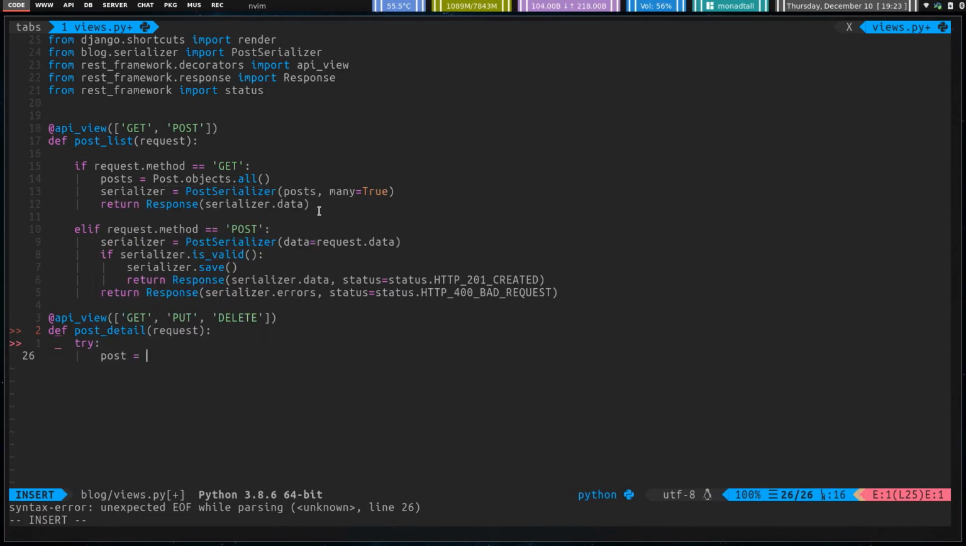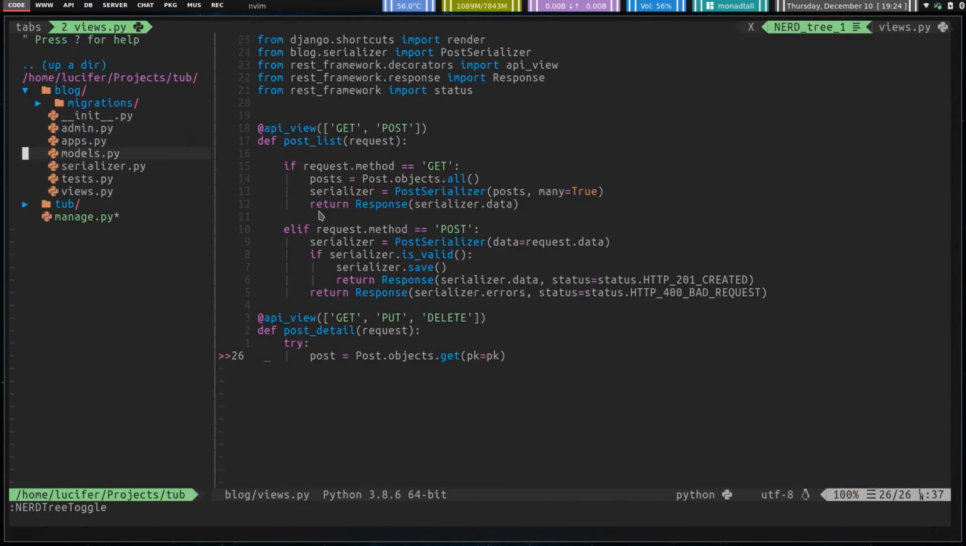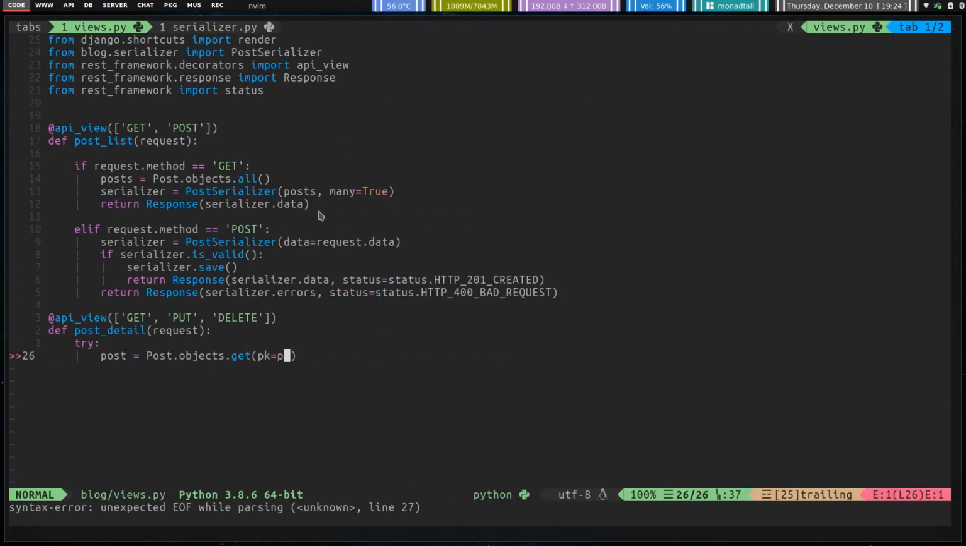Post is equals to post.objects.get(pk=pk). Here pk means primary key. Primary key means ID of the post. So if you remember, we defined this ID here for our post. So this will be our primary key for the post. Now, if you know Python, this is clear that it is trying to get that particular post,